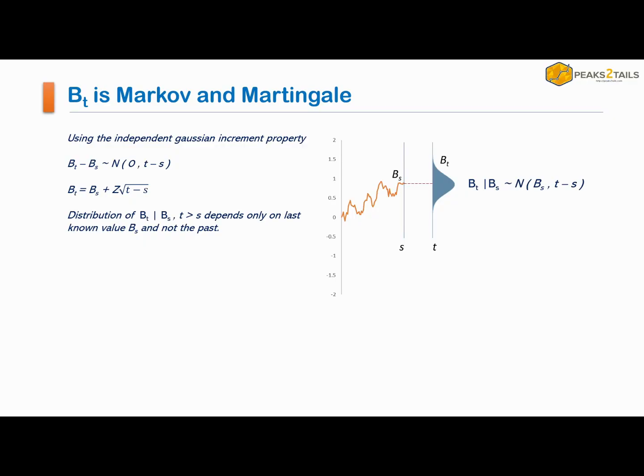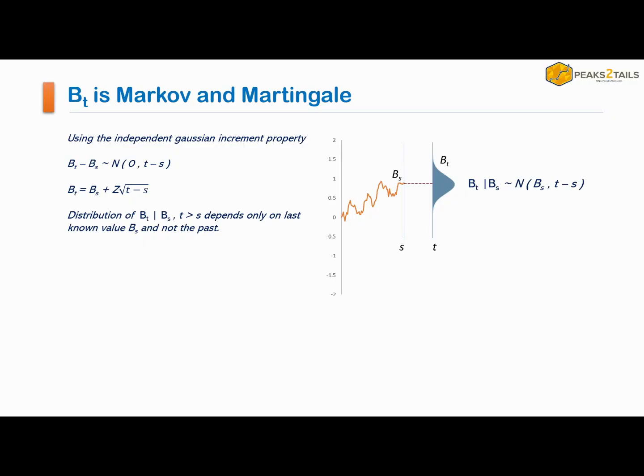Because the increment Bt minus Bs has no mean. Mean is 0 for the increment. So the mean of Bt will be exactly what it was before. The last known value was Bs, hence the mean will also be Bs. And the variance is the same as the variance of the increment, which is t minus s. So we see that the distribution of Bt given Bs depends only on Bs and not on the entire history